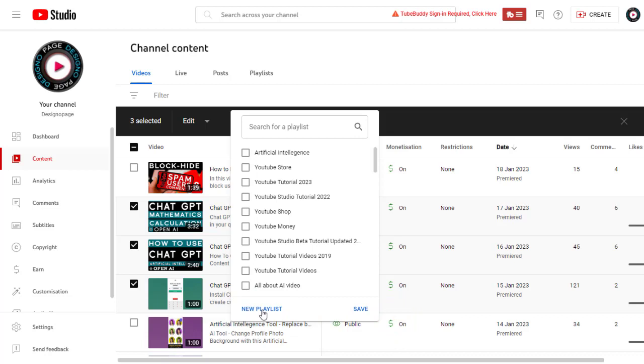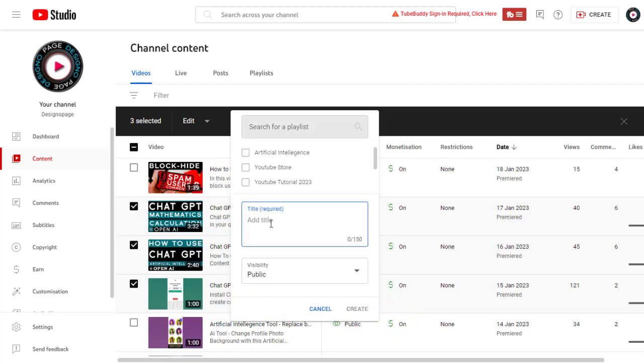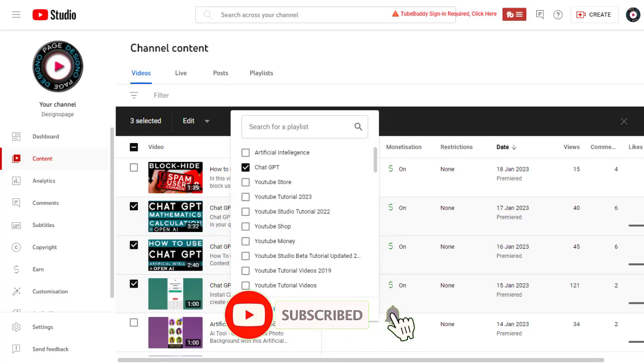And in this window, we can create a new playlist and add a suitable title for the playlist, and set the visibility to public if you want it to be visible to everyone. And create the playlist. And next, if you want to add the same videos to another playlist, you can select